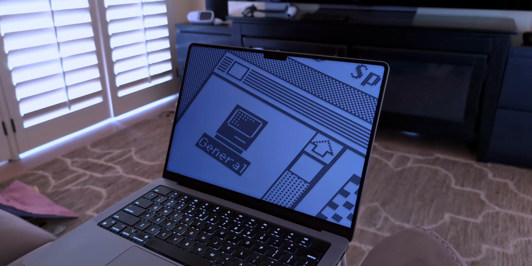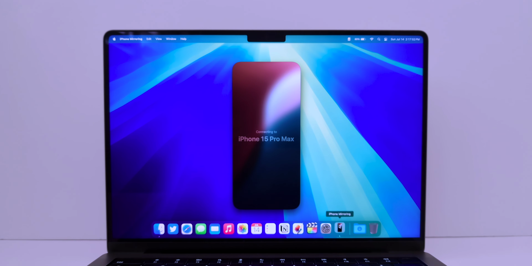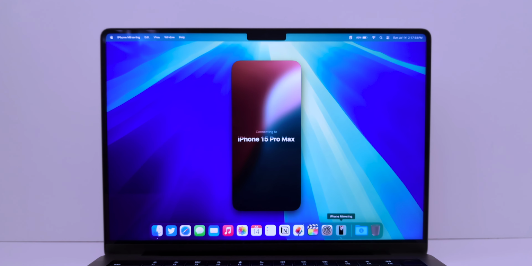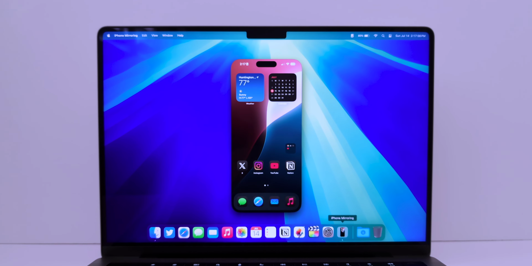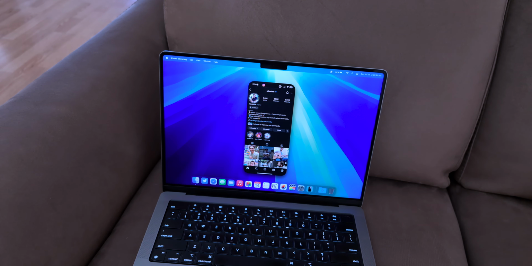Okay, macOS already has some great continuity features like universal control, auto unlock, and handoff. And the newest addition to the family is iPhone mirroring, which allows you to view and control your iPhone right on your Mac. I thought it'd be a feature I'd use for a week, then forget about it, but I've been using it way more than I thought I would.